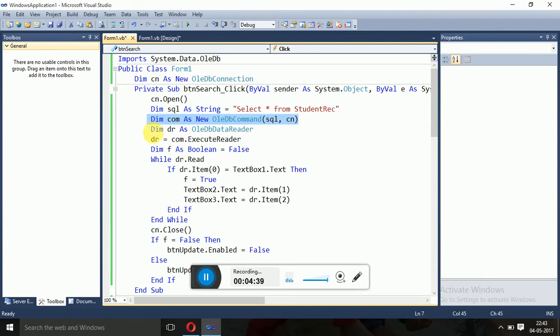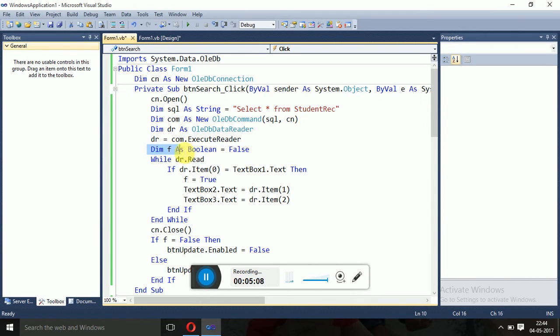Now we will make dim dr as OLEDB data reader, which is used to retrieve the information. Now we have executed dr equal com.execute reader. The execute reader method of the command object is basically used to retrieve the information row wise. So that's why we have used this.